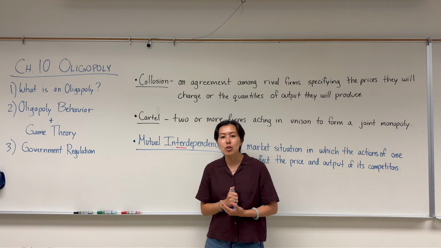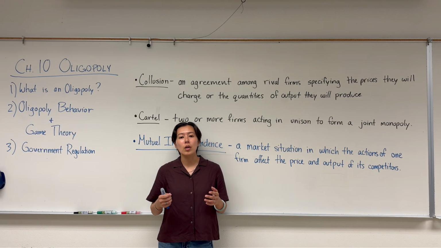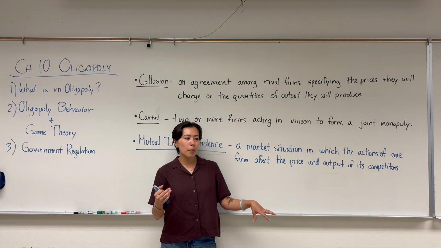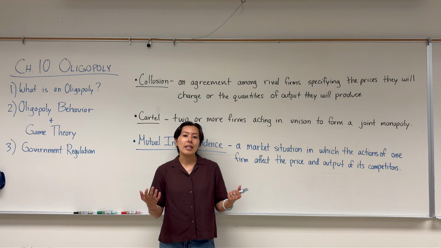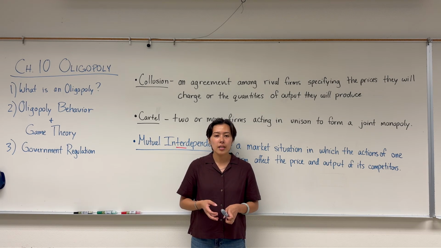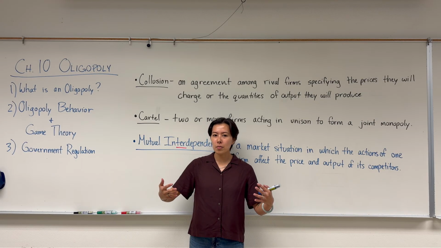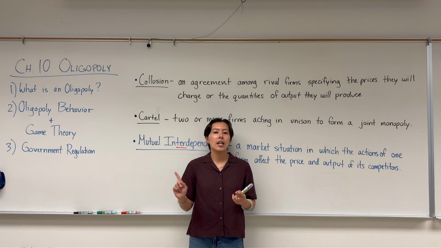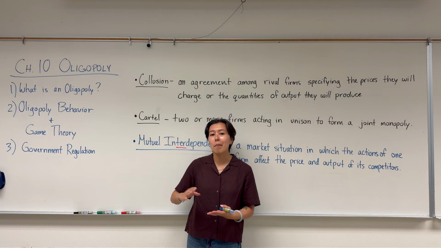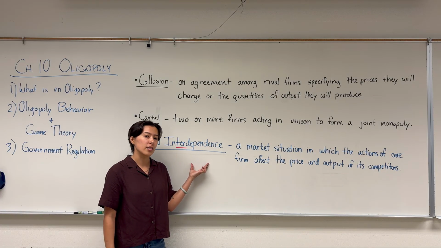So one form of this collusion that is legal is something called price leadership. Price leadership happens in a market where we have one really, really big firm that controls a significant amount of the market and a couple other smaller firms that share the remaining demand in that market. What will happen in this type of market structure, which is an oligopoly, is that big leader firm is going to set the price first. So this big leader firm makes its choice about how much to produce and what price it's going to charge. And these smaller firms just follow along because if they don't match what the leader's doing, then they might go out of business because of this mutual interdependence.